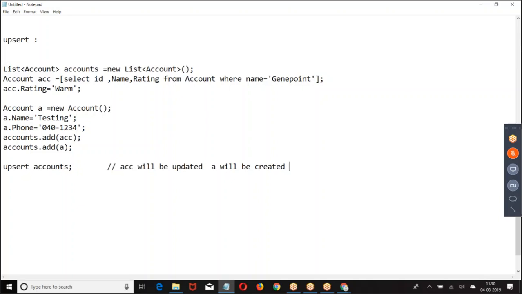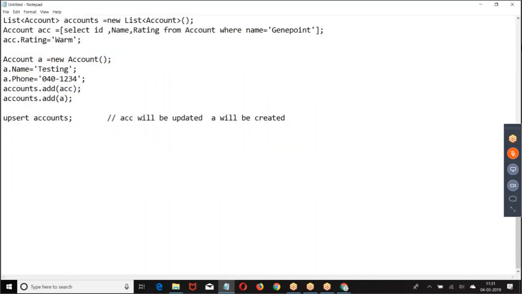Whenever there is an ID of the record, it is an existing record. If it is an existing record, update it. New record, create it. Are you getting my point?